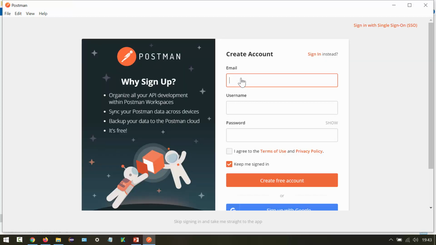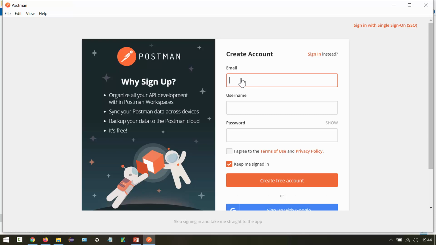So this is the page we had seen earlier. So from here we can create account and we can start. As I said, you can skip this process as well, but it is good practice to create the account. If you have an account, it will help back up your Postman data and resources. With this, you are not going to lose your Postman data and resources. Also, you can get that Postman data and resources on any system by logging in with this account in that Postman app. So you can go to any system, then log in with this account, then you can see all your Postman data and resources.